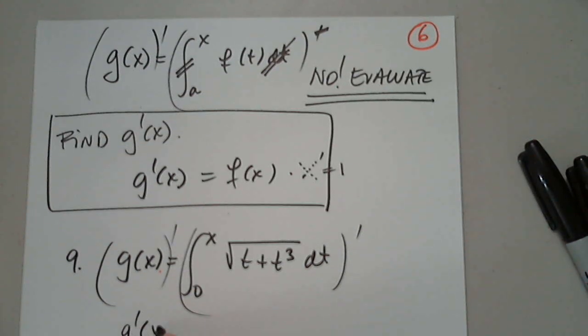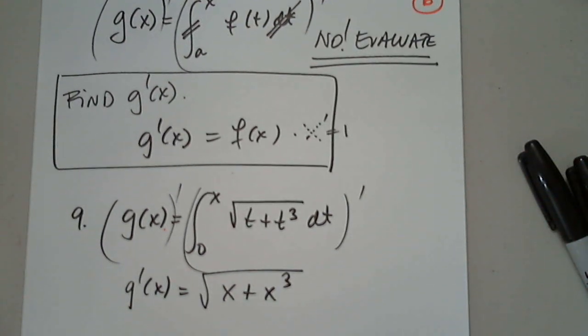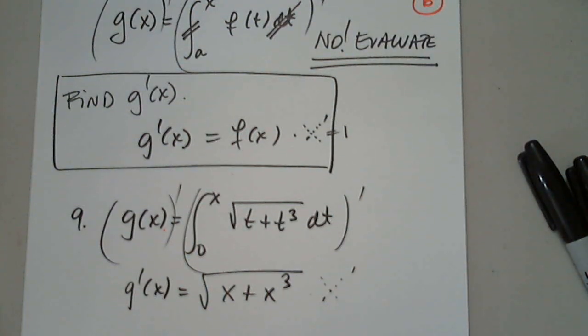The left-hand side will be g prime of x, and the right-hand side is f of x. That's all I need to do. I should write times x prime, but it's 1, so there is no need. So let's stop and do that 30-second